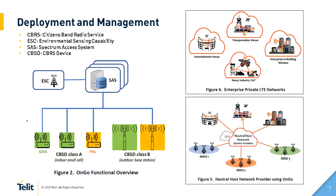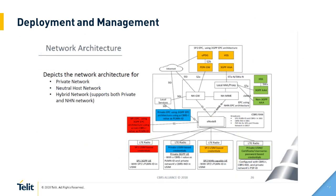It's a 3GPP network, so let me also shed some light on a little more technical aspect, just because the type of questions we received from the audience seemed more technical. So what I'm showing here is a more detailed and technical diagram. As I said, we received multiple questions on how a private LTE network is deployed and managed, how the SIMs operate, etc. To address that, I've put here the architectural diagram of a CBRS OnGo private network architecture. And this is a bit technical, so I will not go into each detail, but the few points I